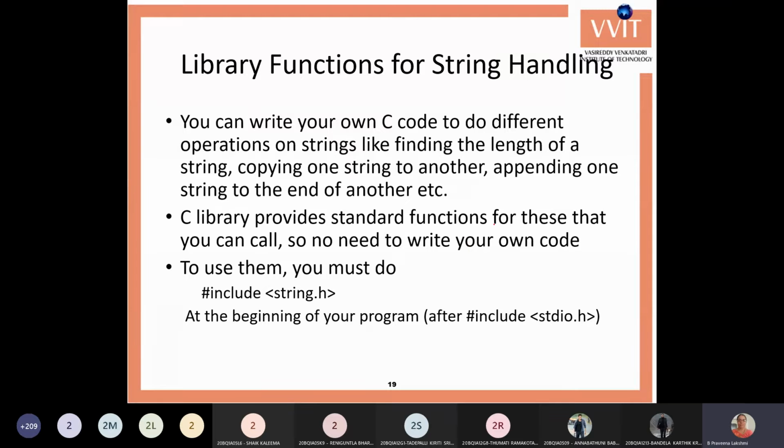Whatever we have done up to now, that is string length, string copy, string compare, string concatenation, reverse the string, palindrome or not, replacing of a string, number of occurrences. These are all different things we are doing with strings. These are only the limited operations that we have performed. There are many more operations to perform on strings.